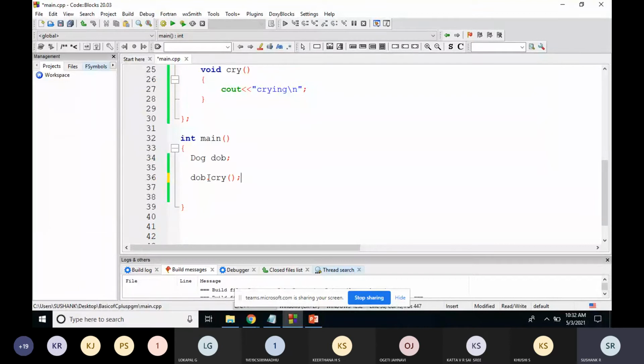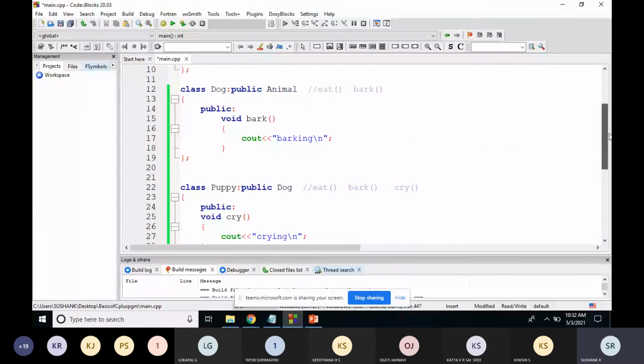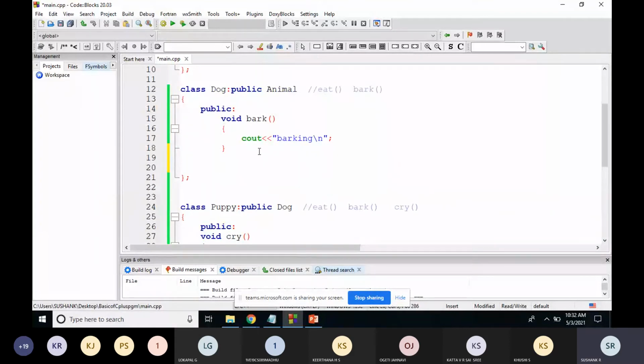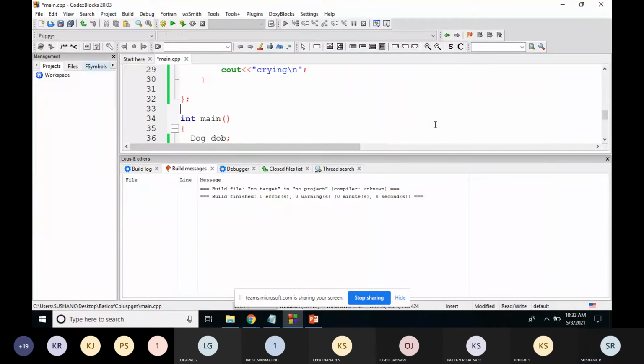If I try to write this, I'll get an error telling that the cry method is not there inside the dog class. If I run this code, I'll get the error, because the dog class does not have a method called cry.